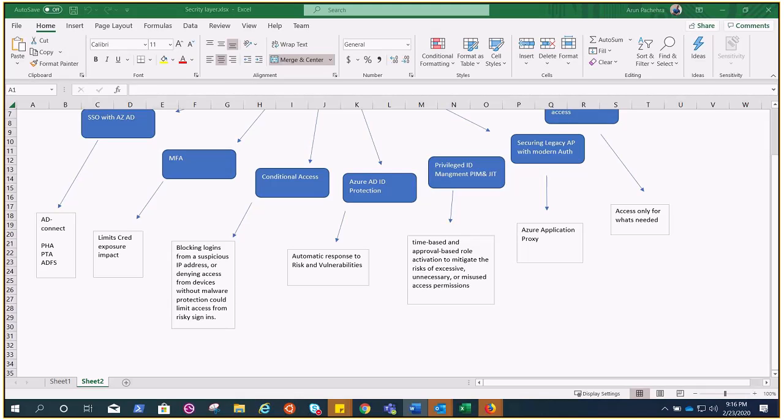Next, we have Azure AD ID Protection. It's automatic response to risk and vulnerabilities. Azure AD ID Protection helps to automate response to the risk and vulnerabilities. And for all these features that we are talking about, MFA, CA, you need some kind of license to use them, P1 or P2. For Azure AD ID Protection, we need P2. And as the name suggests, it helps to make your environment more secure by increasing the security of user identities,